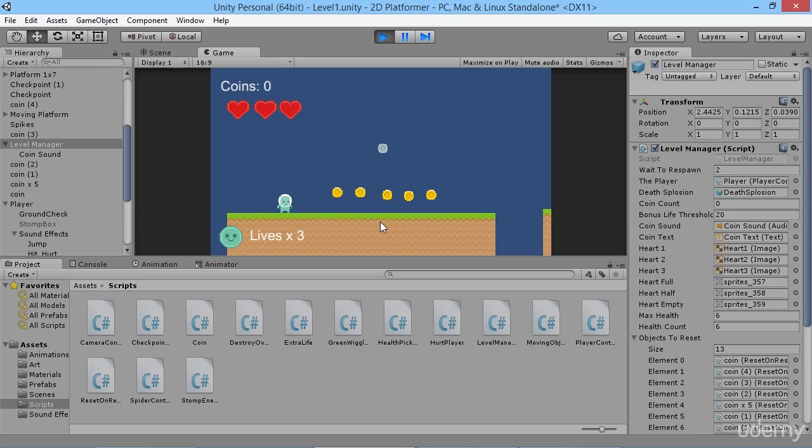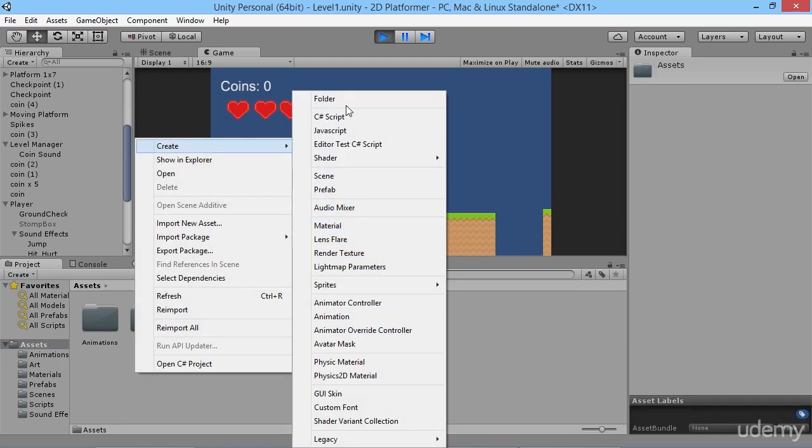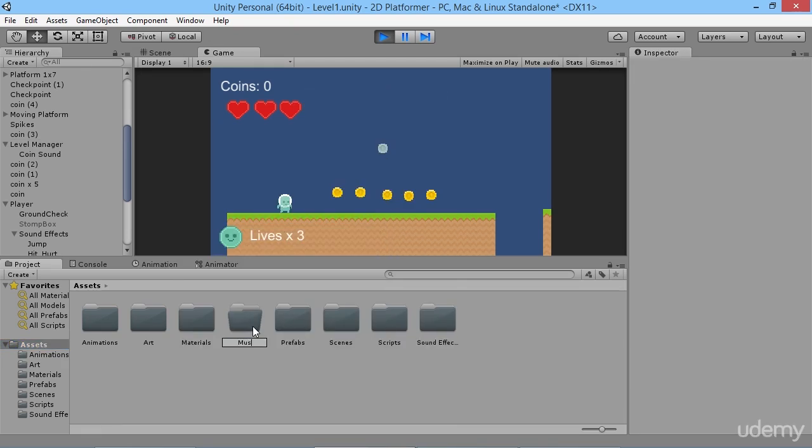So now that we've got some sound effects in place, the next thing we logically want to do is add some music to our game for the player to bounce along to as they're playing through the game. So what we're going to do is go to our assets folder and create a new folder that we're going to call music,